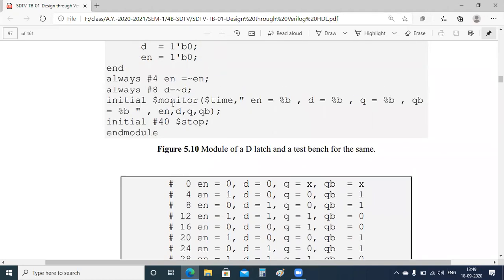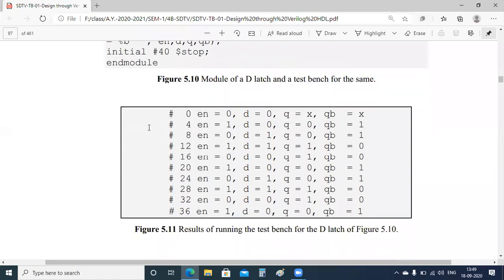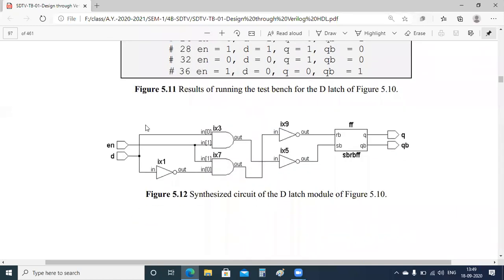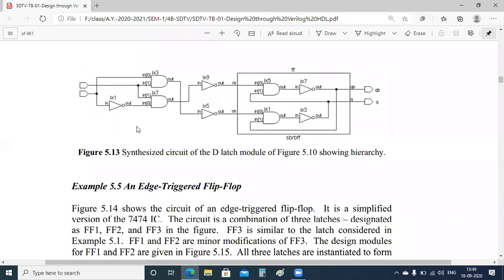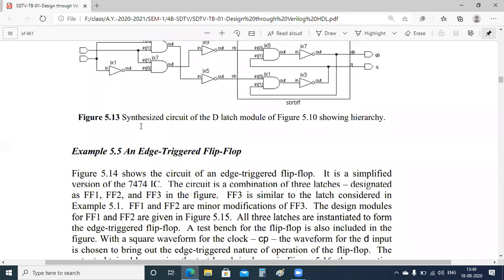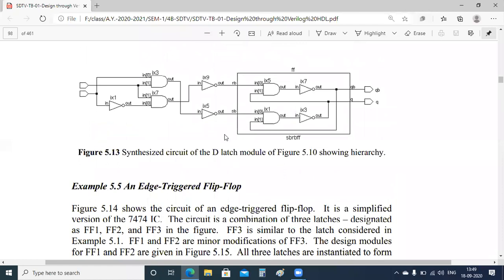If you have two different time periods, the output is going to vary based on the time period. So this is the test bench for the D latch module, where we have used the SB, RB set and reset flip-flop.